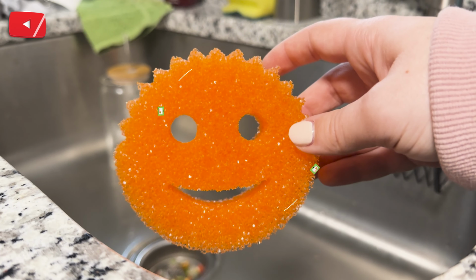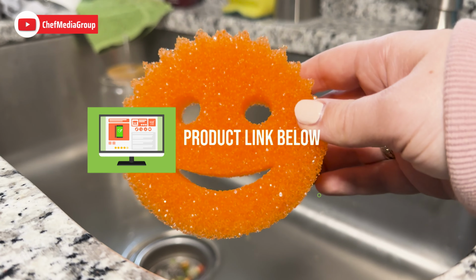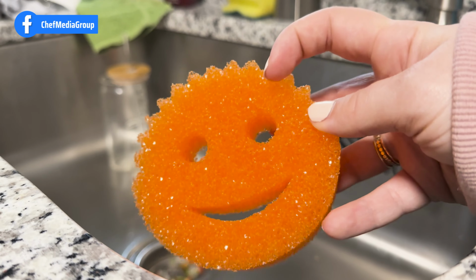This is the Scrub Daddy sponge that I just got off of Amazon. I'm actually replacing our old one and putting this one in our sink now. We definitely got our use out of the old one, used it for probably far too long. But I love this sponge, I love this brand because it's abrasive enough to where it'll clean your dishes